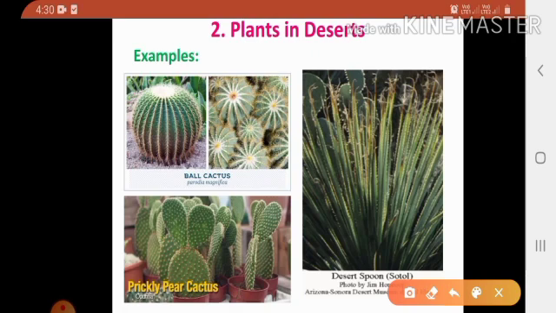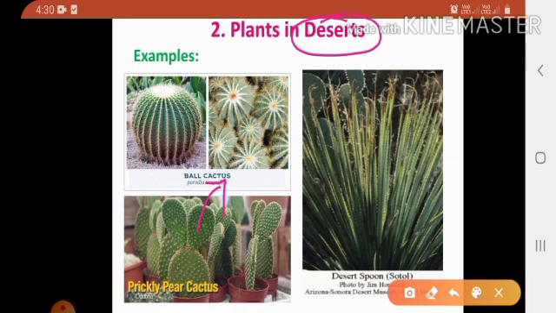The plants which are found in a desert have few or no leaves because in the desert, as you know, there is already scarcity of water. If the leaves lose water by the process of evaporation, plants will need more water for photosynthesis.